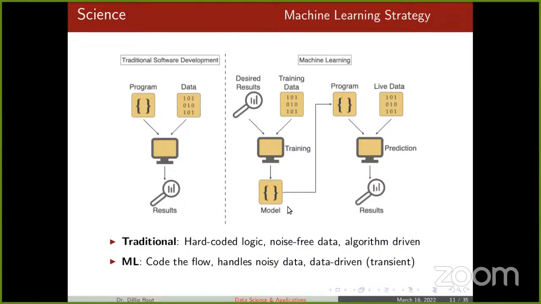It can also handle noisy data. That is, if there are some errors in the data, our model is capable of handling them. But the traditional software program is mostly not capable of handling noisy data. This one is algorithm driven, and the second one, machine learning, is data driven, because without training the model, it will not produce the actual desired output.